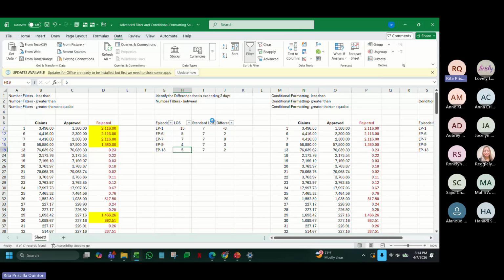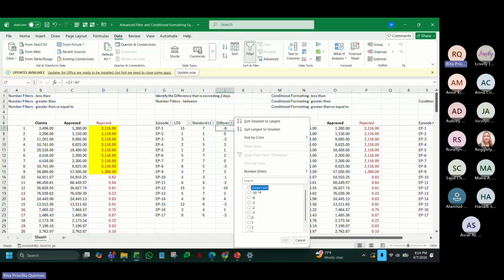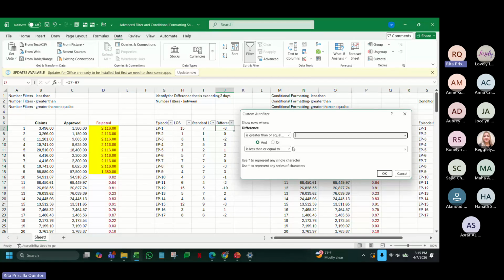So how do I identify the differences that are exceeding 2 days, negative or positive? Instead of doing it one by one, because maybe some of your files will have more lines than this one, better go here, select between.